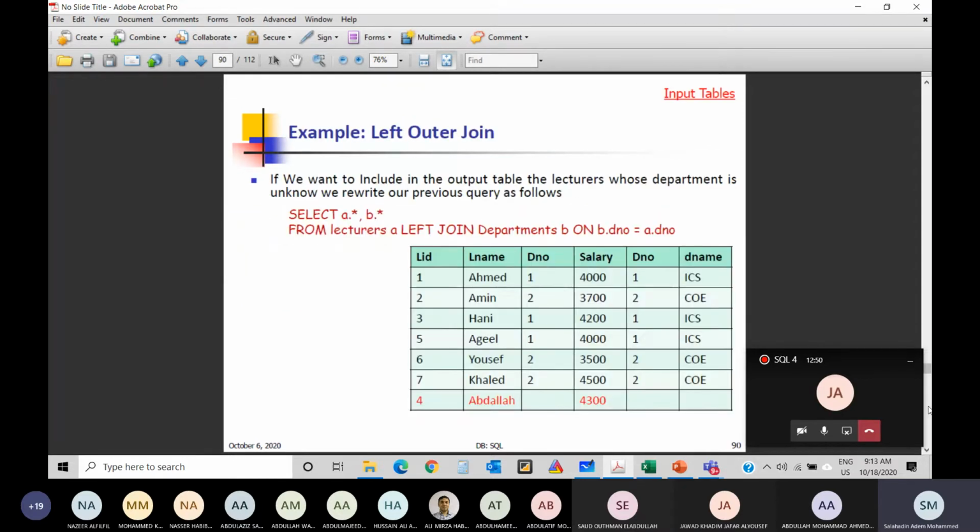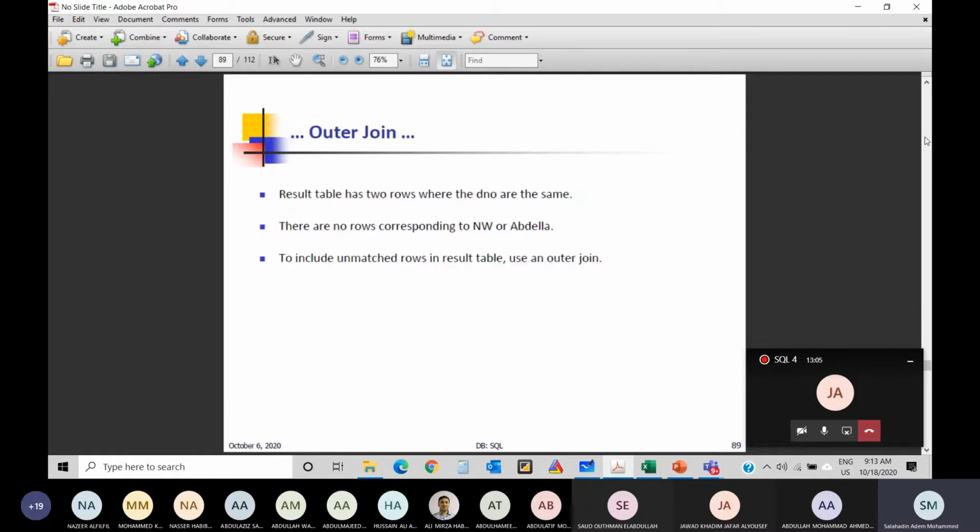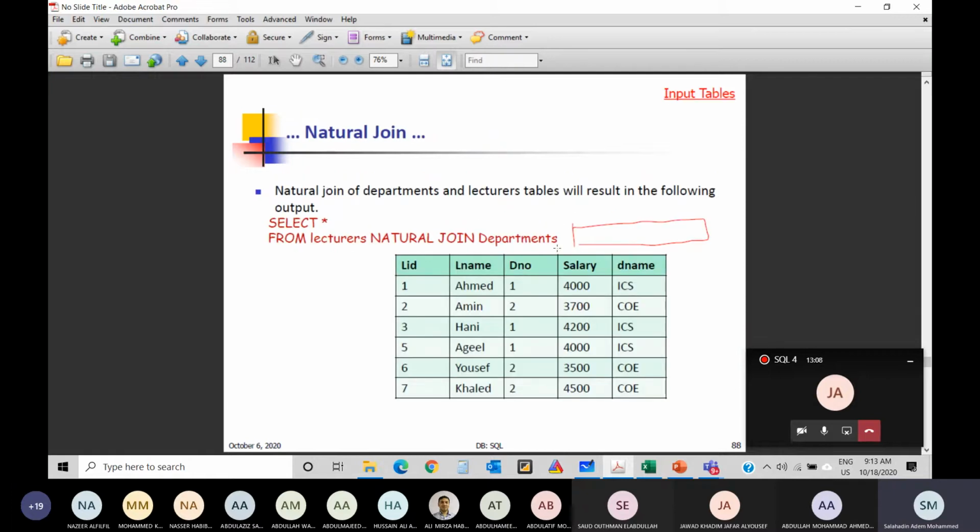So what I'm saying is the following. Instead of having B.DNO equals A.DNO, you don't have to do that for natural join. In natural join, just write this part. Okay, sorry, I'm talking about this one. Here he didn't put any condition, but what did he put? Natural join. So when I write natural join, I don't have to give a condition. Automatically, the condition is done for me by the compiler. Okay, Shabab, but make sure that A.DNO and B.DNO